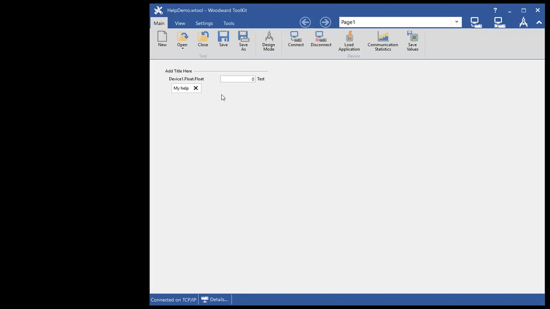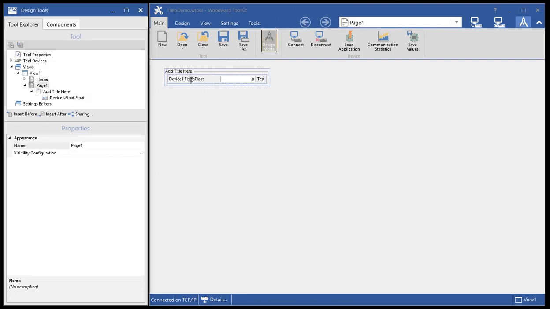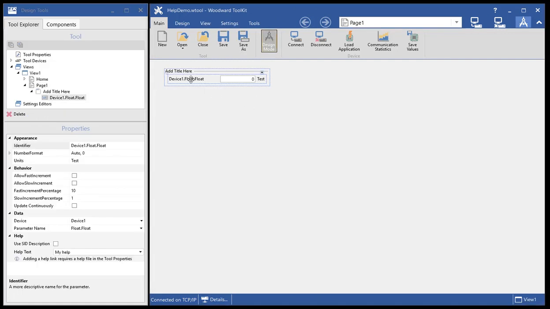In order to close this help pop-up, I can either click away from it, or I can click the close button in the help pop-up itself. Now, if you want to add a little more help for this particular component, if you were to just type a long string, it could run off the screen, that type of thing. So we've added this multi-line editor inside our properties. And so if I go ahead and use the editor to add multi-line help for this particular one,